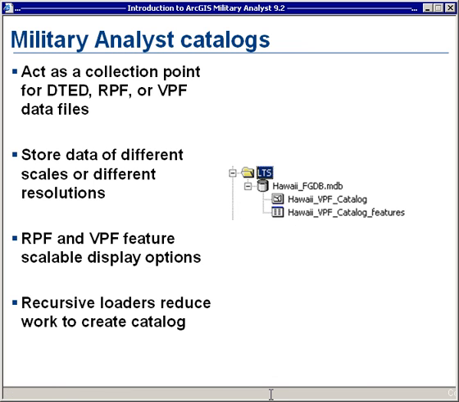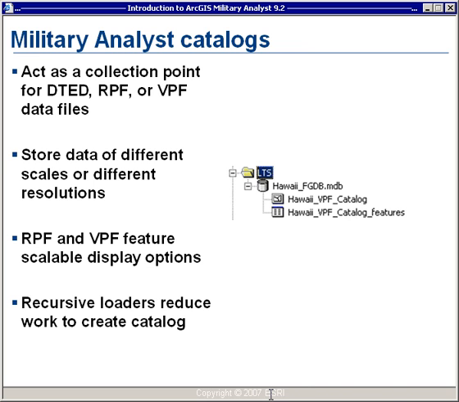The different Military Analyst catalogs can also store data for different scales or different resolutions. For example, DTED level 0, DTED level 1, and DTED level 2 all have different cell resolutions, but can be stored in the same catalog. RPF and VPF have the added ability to switch to the appropriate product type at different map scales. This scalable display allows you to see different RPF or VPF data sets as you zoom in or zoom out